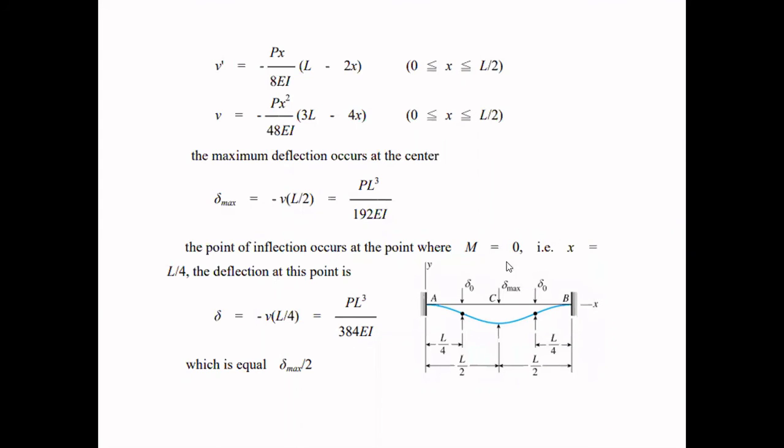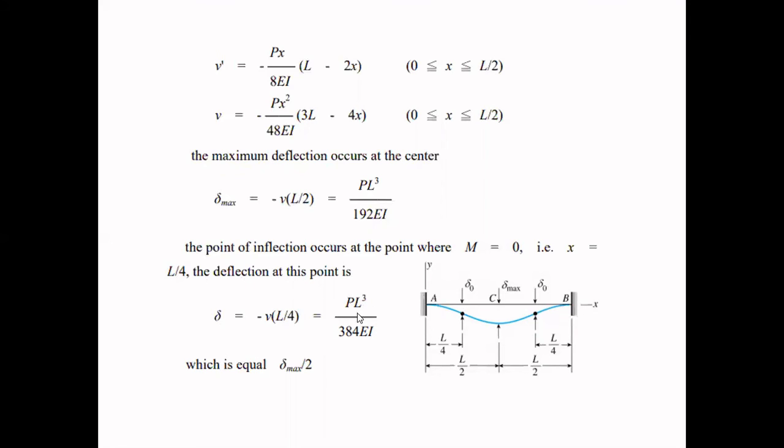where the moment is 0, that is at x equals L by 4. So the moment is 0 at x equals L by 4. We need to calculate the point of inflection over here, that is at L by 4. So at L by 4, instead of the value L by 2, we'll put x equals L by 4, and at x equals L by 4, it will be PL cube upon 384